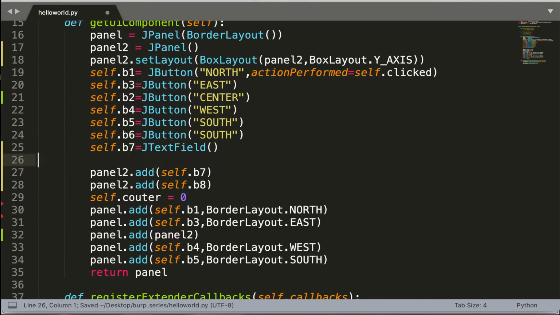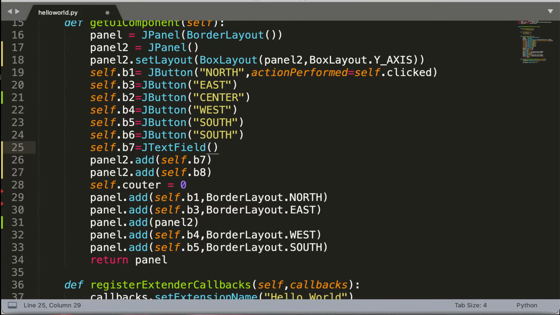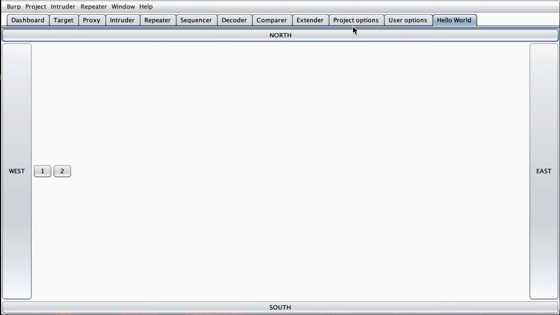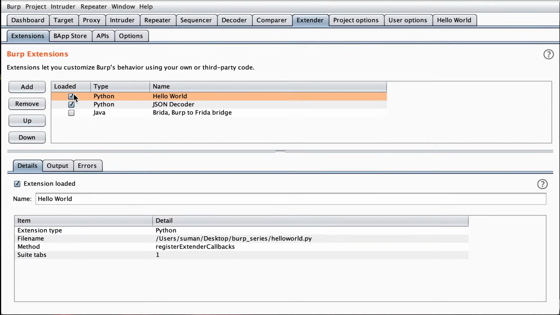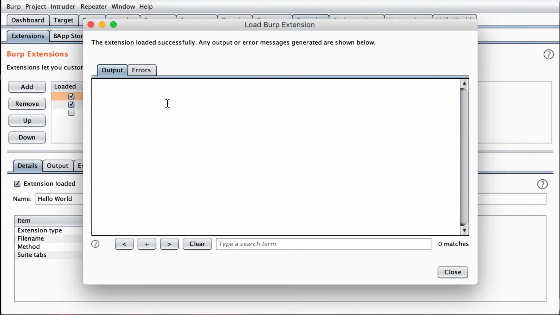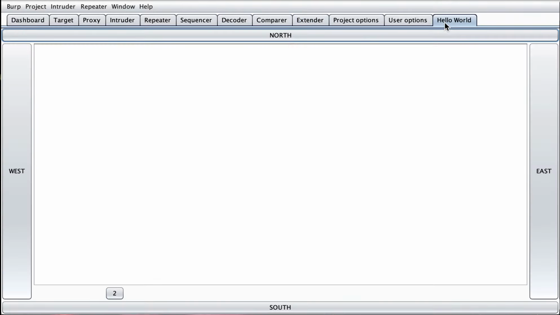I'll be removing this, and now let's have this button as a JTextField, and I'll be adding this self.b7. So I'll be moving to extender and I'll be reloading this by command and clicking on this checkbox on Mac, and if you are on Linux it's control and the checkbox.